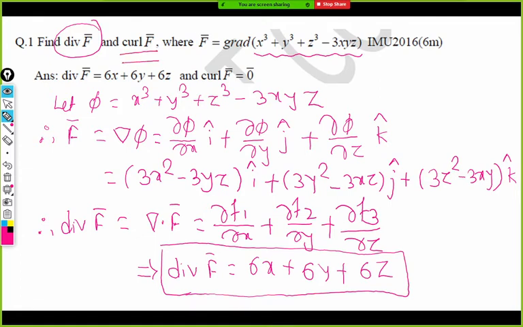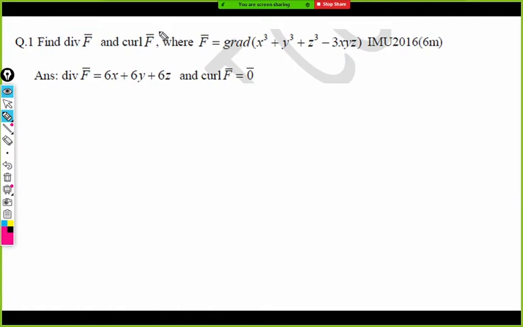We'll start that first. If you have any doubt here, you can ask. So given a vector f bar, we can easily calculate this divergence and curl by the definition only. We have to start with the formula and do a mathematical calculation only. Are you finished? Yes, sir, done. Okay, so if you completed that, let me do the second part, which is curl f bar.